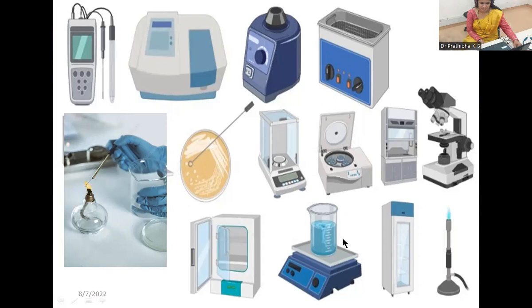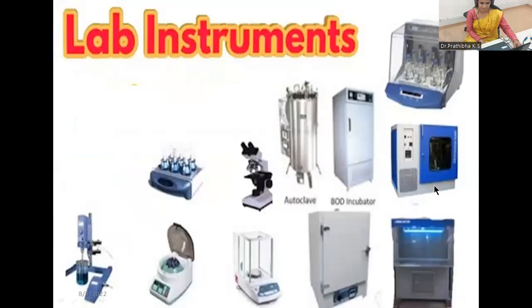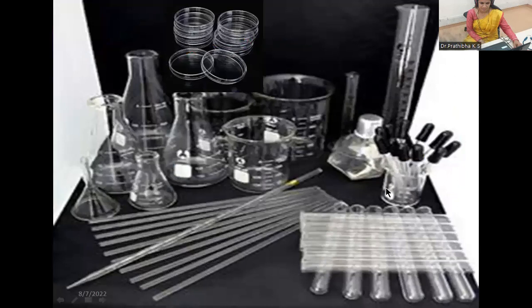Okay, then orbital shaker. Okay, then here flame, refrigerator, light microscope. Okay, here you can see again the orbital shaker, then weighing balance, hot air oven, laminar airflow, autoclave, etc. Okay, here you could see some of the glasswares like beaker, conical flask, test tube, micropipettes,